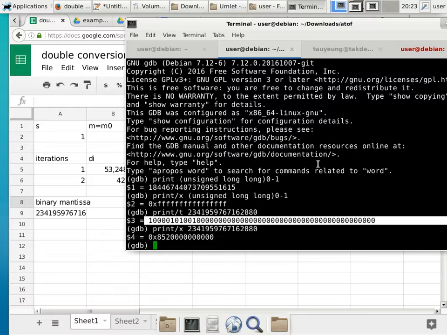How many times do we have to shift the period all the way from here up to here? 52 times, okay? So in order to shift that 52 times, how are we impacting the exponent of 2? Every time we shift it, we have to multiply by 2. Okay? So that means,